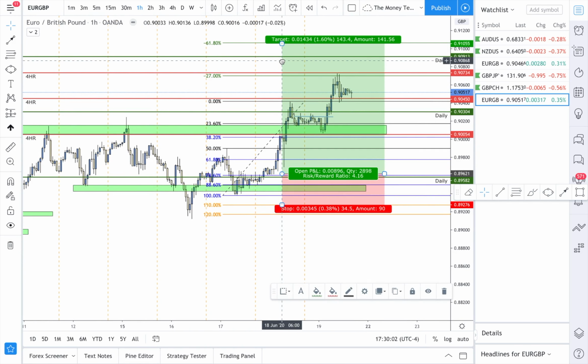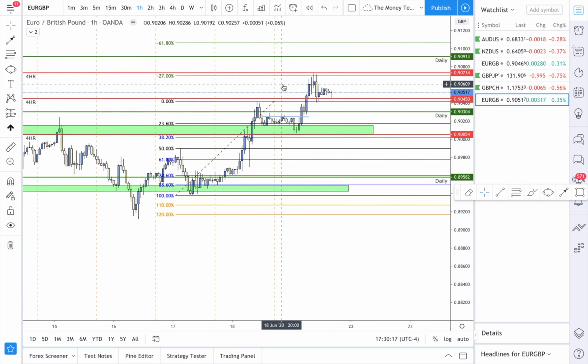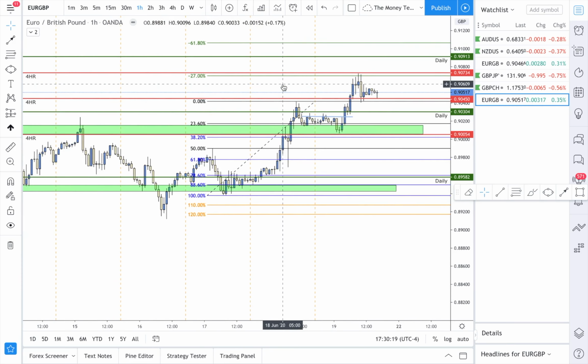I'm going to go over more areas and ways I take my take profits and stop losses, but you can also use the Fibonacci tool to give you a stop loss or take profit as well. And I'm glad I mentioned that,